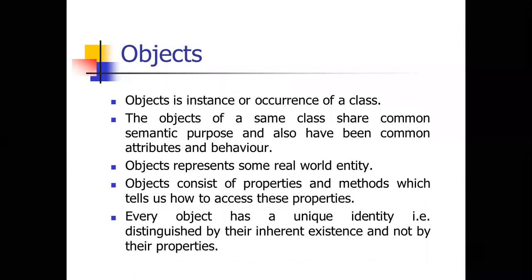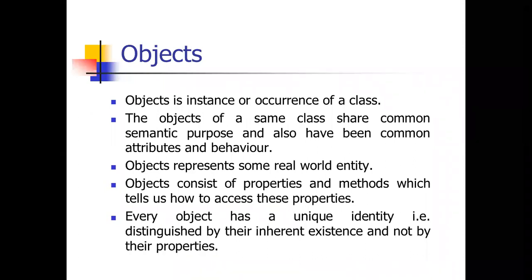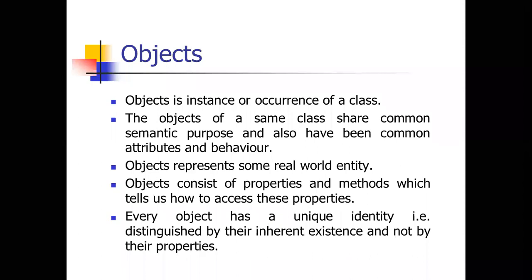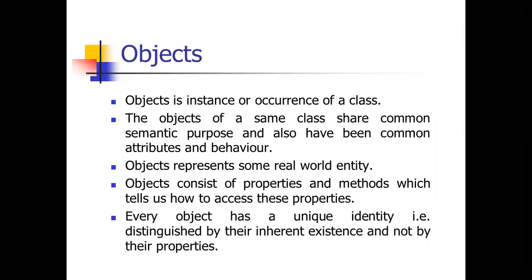Okay, so every class has its objects. We can see an example of objects, for example, Kavita and Arjun with the same properties, that are name and roll number, their attributes. So these are the objects of the class student. Student is one class, and there are two students with the same properties of that class.